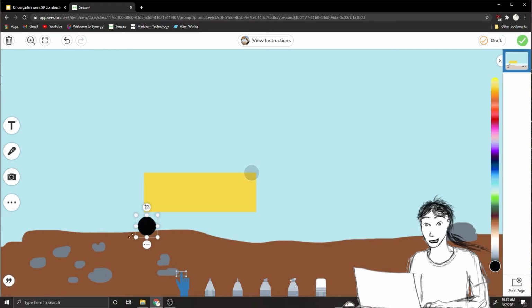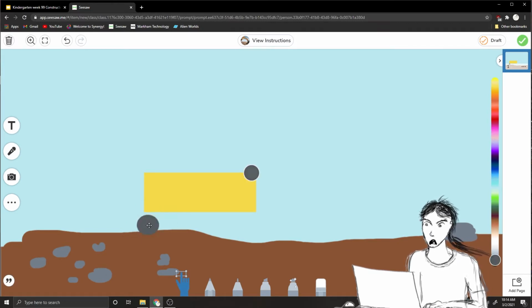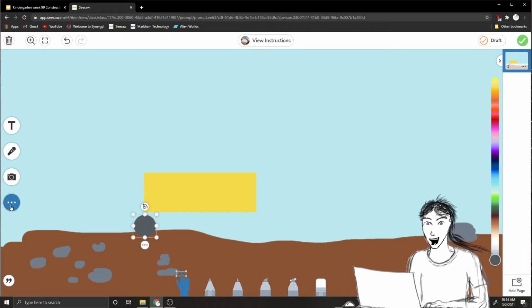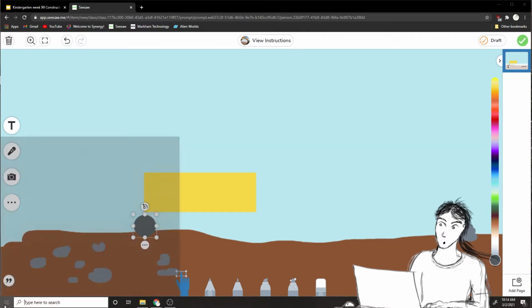Now, to copy a circle, okay? Because I want to make a bunch of these little black circles, or maybe I'll make them grayish. I want the same exact size circle, okay? I don't want to have to go back into shapes and do that whole thing again. I could keep making circles the same way I just did, but I want to just copy this and paste it. Well, how do I do that? Let me show you again.